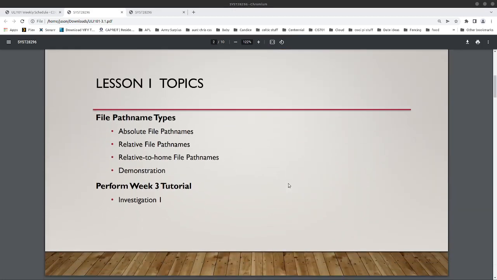In this first video we're going to look at the differences between your different types of path names, file path names, either terminology works, right? So we have absolute, relative, and relative to home path names, and I'm going to give you a demonstration of those. Everything in this maps directly to your tutorial number 3, investigation 1,